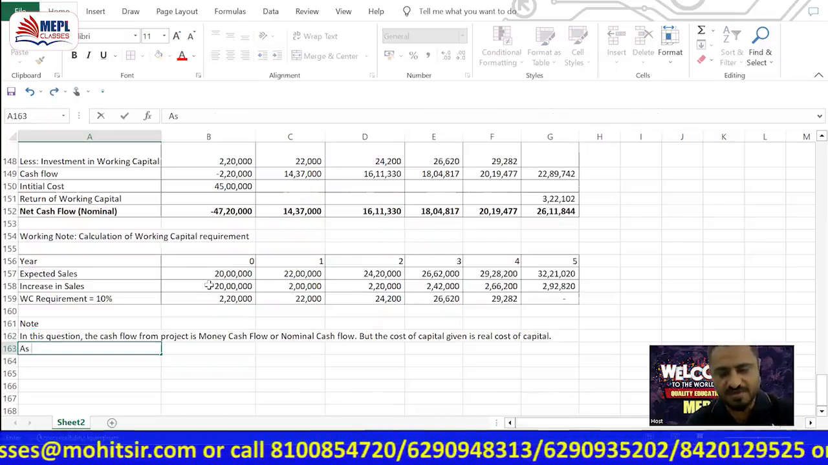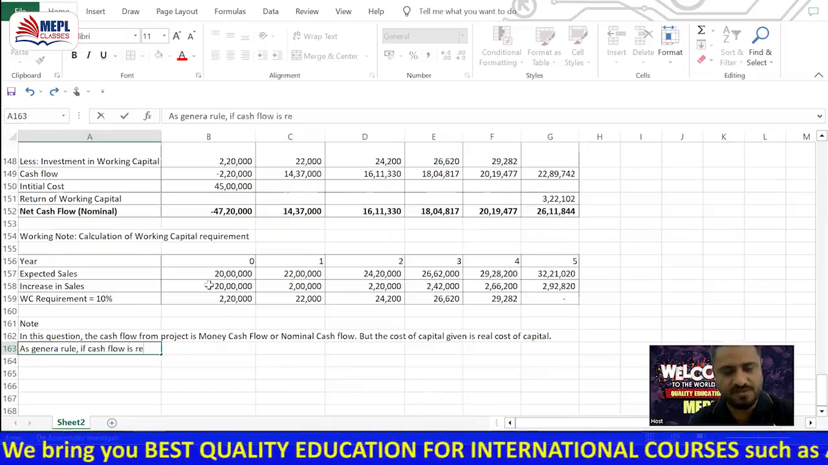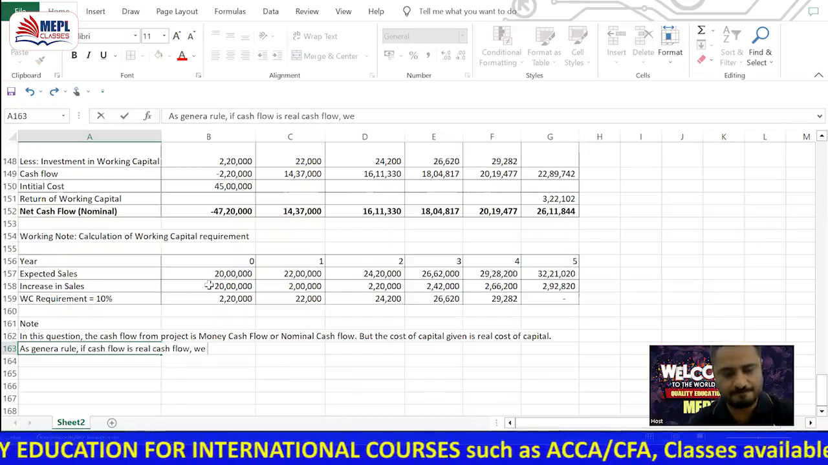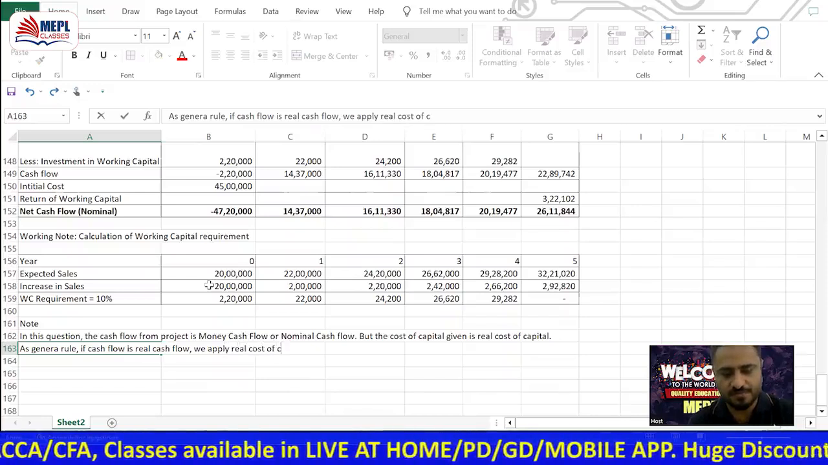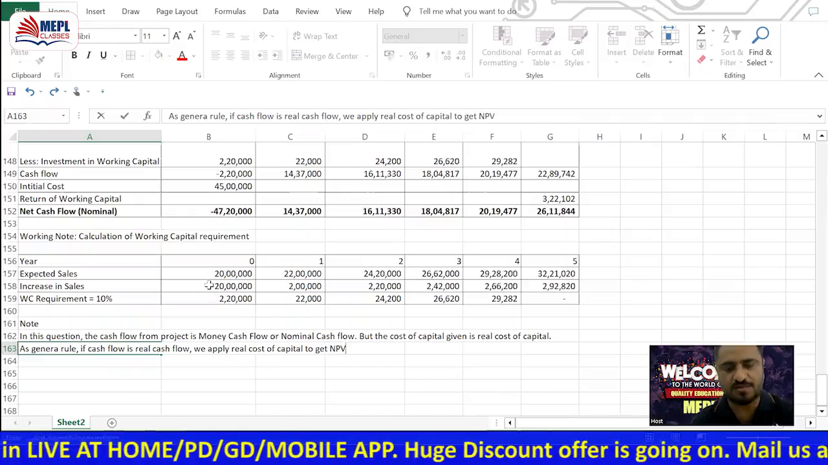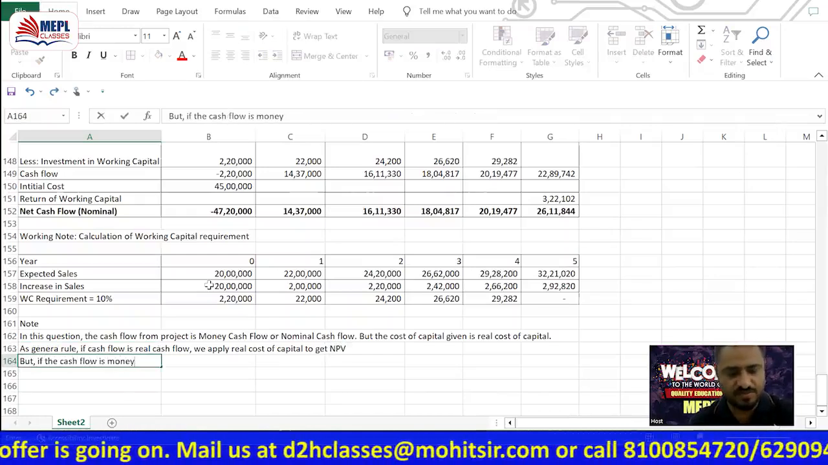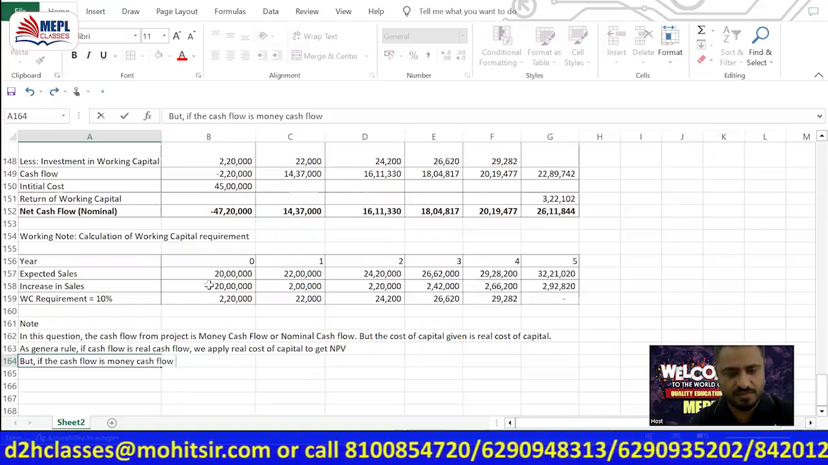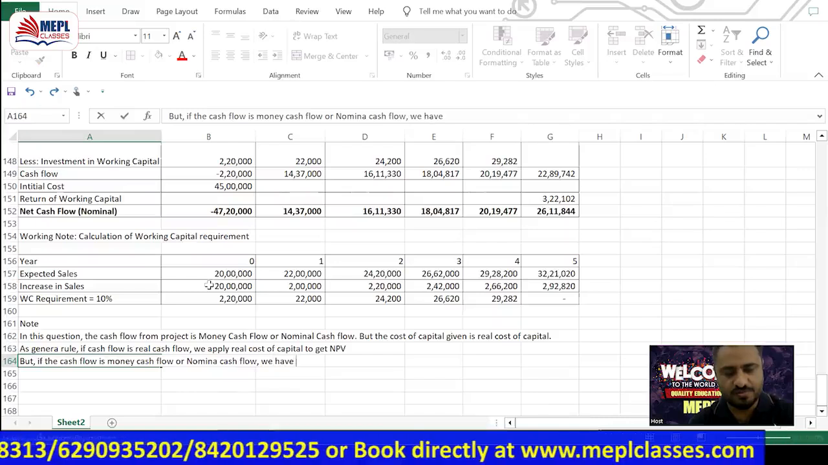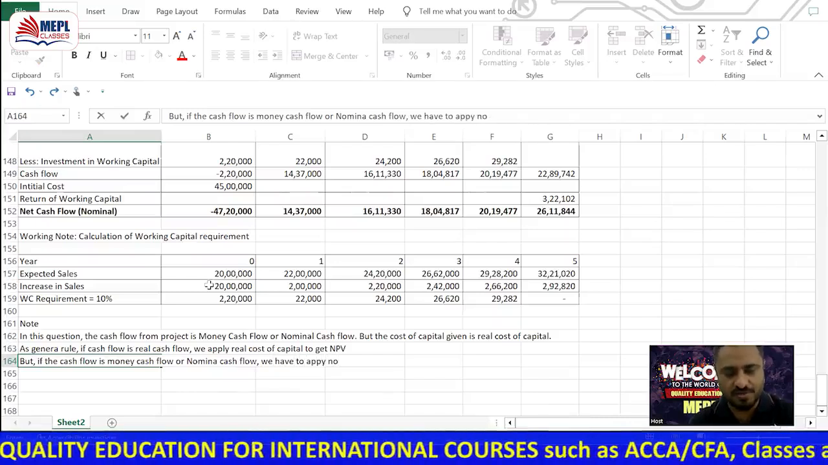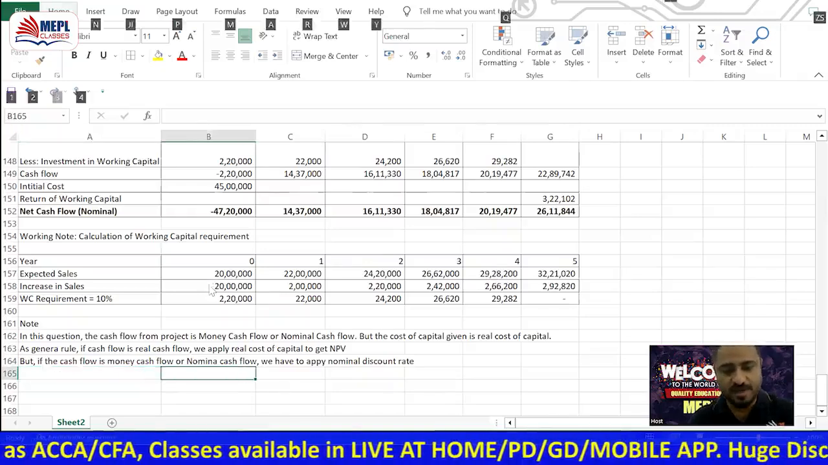As per the general rule, if the cash flow is real cash flow, we apply real cost of capital to get NPV or whatever. But if the cash flow is money cash flow or nominal cash flow, we have to apply the nominal discount rate. This is the rule. So we will have to now convert